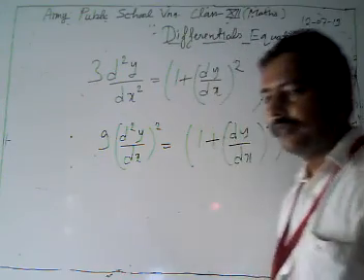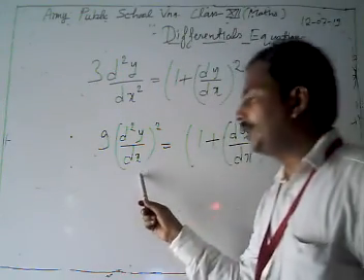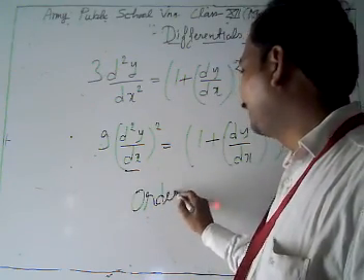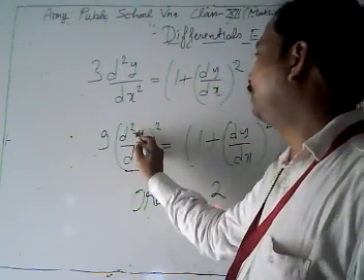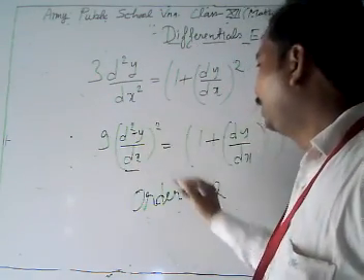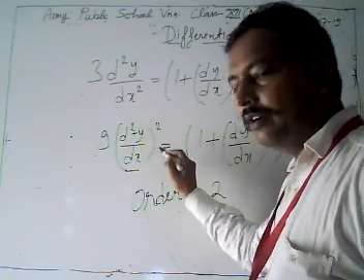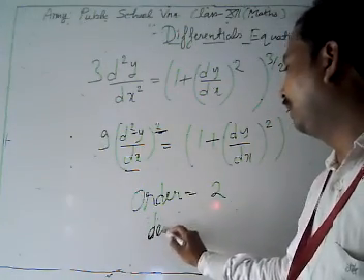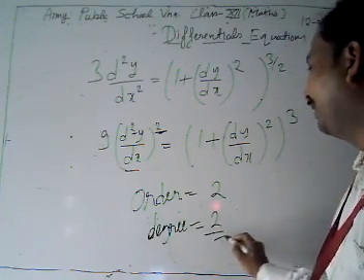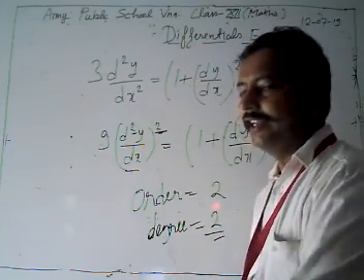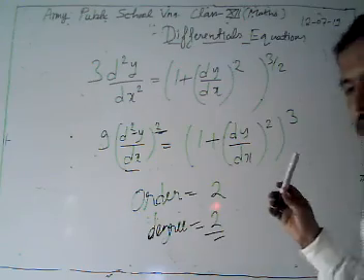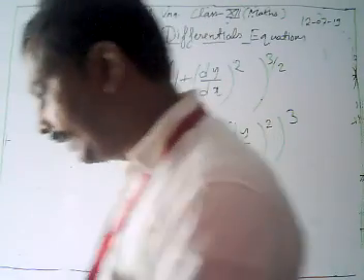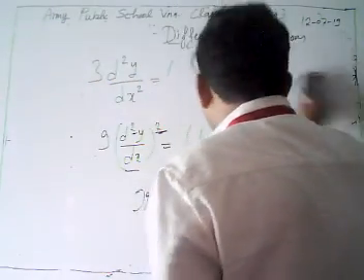Now look, we have dy/dx and d2y/dx2. This d2y/dx2 is our highest order derivative. So what is the order of this differential equation? This is the second derivative, so its order is 2. Now on the highest order derivative, what is the highest exponent? It is 2, so the degree of this equation is 2. In the given problem, our order is 2 and our degree is also 2. Then again we will take up some more examples to clarify order and degree.